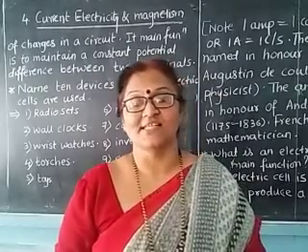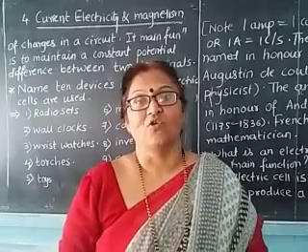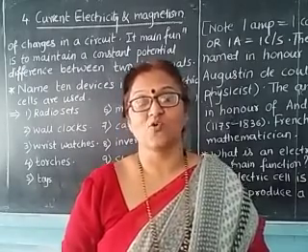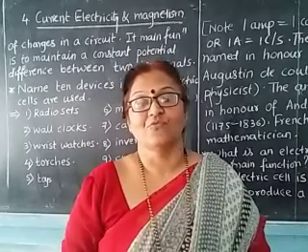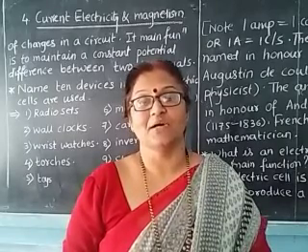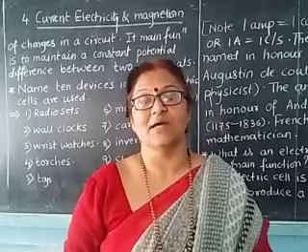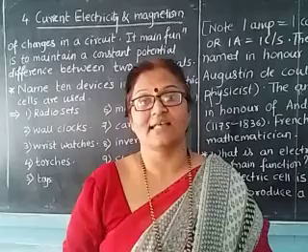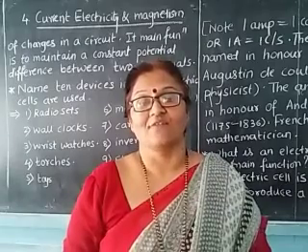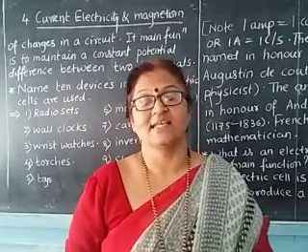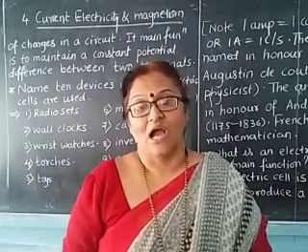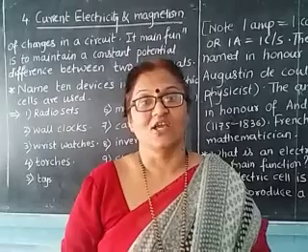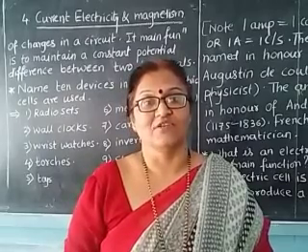We have also seen what an electrical cell is and what electric current is. Electric current is given as 1 coulomb per unit time, that is, per second. That is I equal to Q upon t. We have got the expression. Then after that we have seen what an electrical cell is, how it is used in the circuit, and the various devices in which we use the electrical cell.